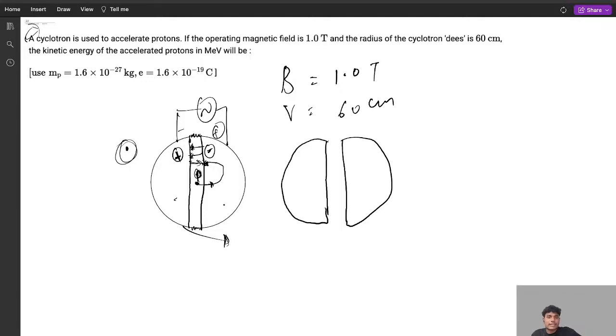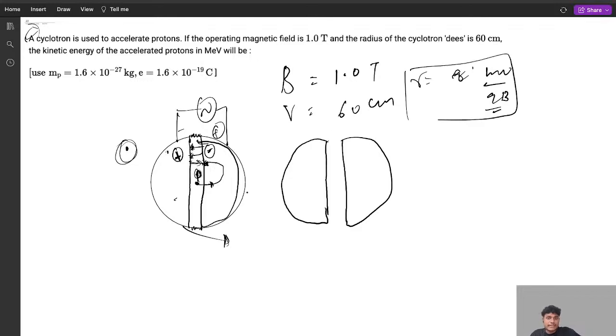ठीक है, साइक्लोट्रॉन. तो जो फाइनल रेडियस होगी, जो अपना फाइनल रेडियस जैसे यहाँ पे ऐसे घुमा के कंप्लीट कर रहा होगा, उसका रेडियस क्या होगा, mv by qB, राइट। सेम होगा फॉर्मूला, क्योंकि जब इसके अंदर चला जाता है एक बार तो ओनली मैग्नेटिक फील्ड फोर्स एक्सपीरियंस करता है, इलेक्ट्रिक फील्ड तो ओनली इस पोर्शन में है, राइट। समझ में आया ये वाला। तो यहाँ से रेडियस अपना आया mv by qB, अपन को निकालना क्या है, काइनेटिक एनर्जी निकालना है ऑफ एक्सेलरेटेड इलेक्ट्रॉन।